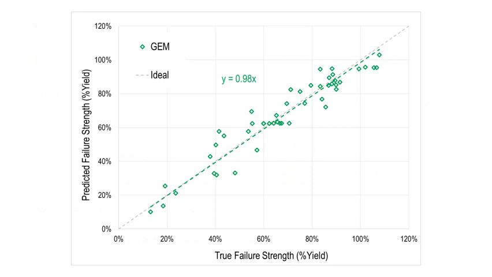Now here you'll see that when I do the same validation as I did before, but using the GEM model, things line up a lot better. Like before, I've got my predicted failure strength on the y-axis compared to the true failure strength on the x-axis. And you'll see that these data points line up very, very well along that unity line. The slope of y equals 0.98x means that the model is about 2% overly conservative on average, but that's not too bad. You'll see that there are a few overly conservative data points which pretty much offset with the non-conservative